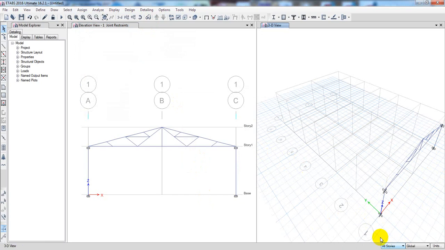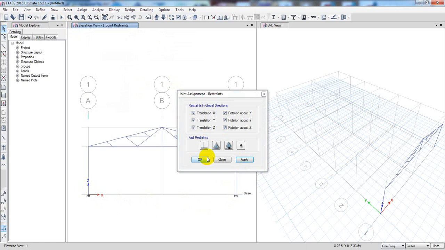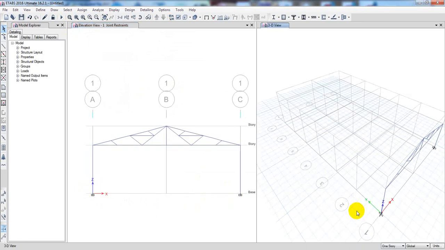We have selected here all Storey, so I'll just continue Ctrl Z, then I'll select here one Storey, then I'll select that point and that point here, and after that I'll just come here, assign joint restraint, then fixed, then apply, then okay. So it's done. So see here, it's done. Now we'll